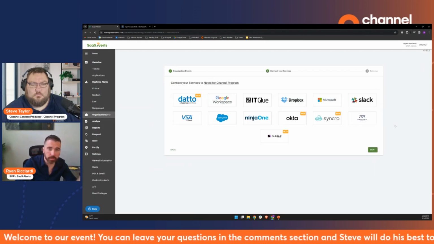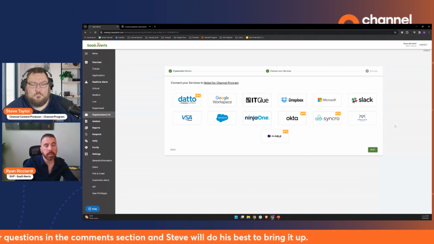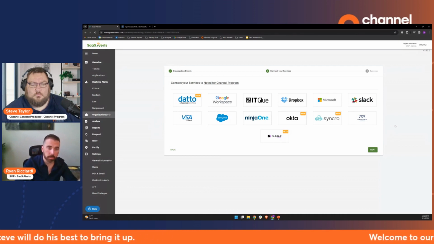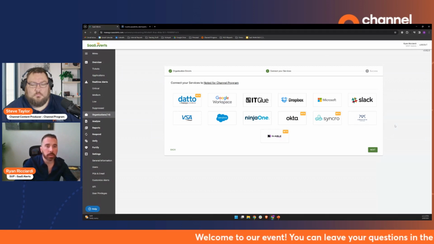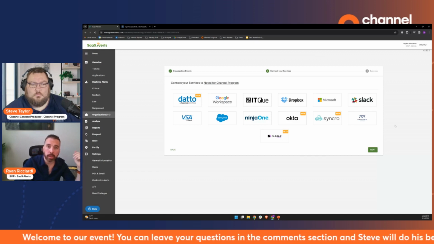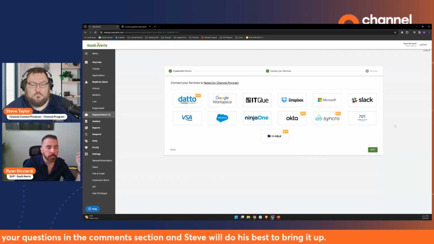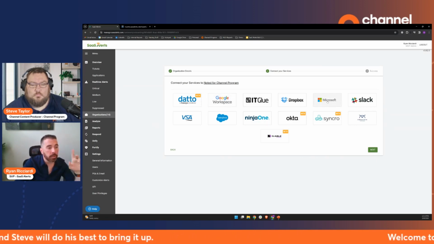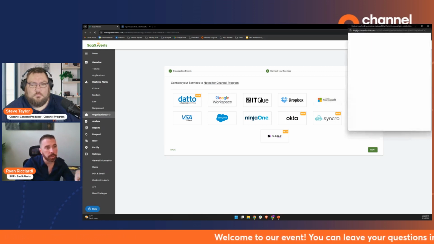And then this is a list of all of the things that we currently integrate with. So you'll notice there's a whole bunch of MSP tools on there. If you're a SaaS Alerts partner, we will monitor your MSP tools as part of the package, and we don't bill per user for that. It's just something that you get because you guys are a risk vector. If you're not monitoring and protecting your tools properly, at some point, and I think we can all harken back the last couple of years and think of a couple of examples, those tools can be used against you. So you would go in effectively and pick what you want to link to the customer that you're working with. You'll notice if I click this one, it's going to pop out into an OAuth window that is specifically Microsoft.